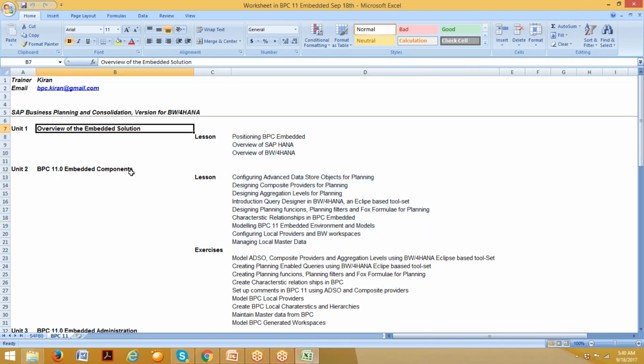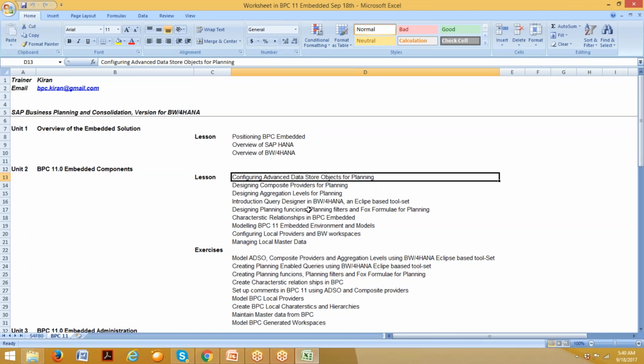Now, overview of the embedded solution. Next, second unit, BPC 11 embedded components. In BPC 11, the planning happens based on advanced data store objects. There are types of advanced data store objects, and those are created in BW modeling tools. So we are going to understand what this advanced data store object is and how I can use these advanced data store objects for planning. Now we can create composite providers. This is one more item in BW for HANA, the composite provider. You can add more than